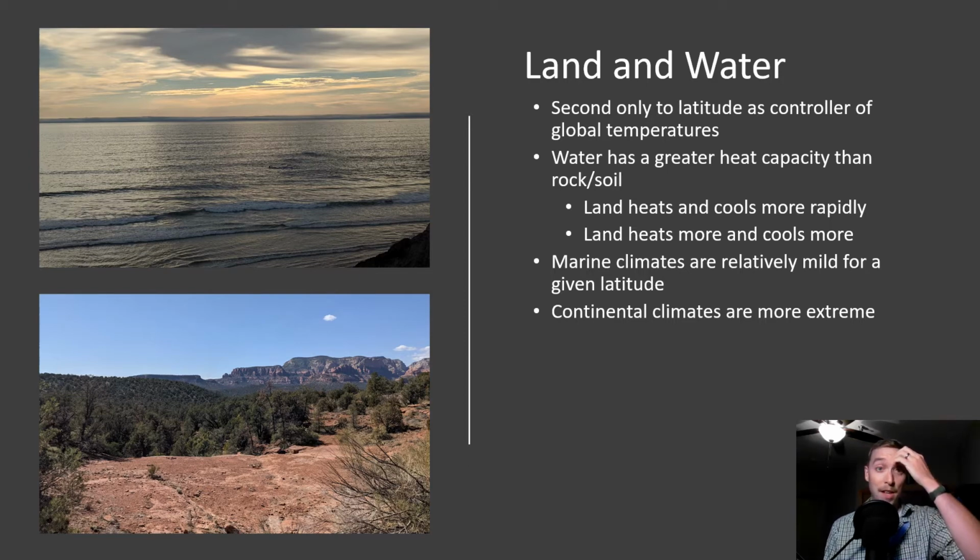These two pictures on the left here are generally around the same latitude. One of them is from the coast of California, more of the southern to central coast of California. The other is from the interior of Arizona, the middle north portion of Arizona. And they're vastly different in vegetation, soil, precipitation, and temperature regimes.